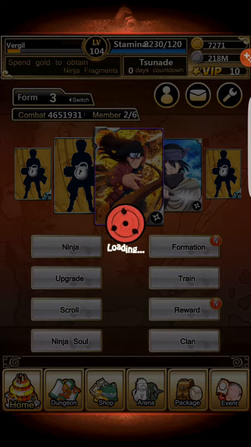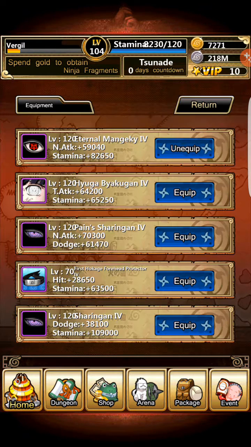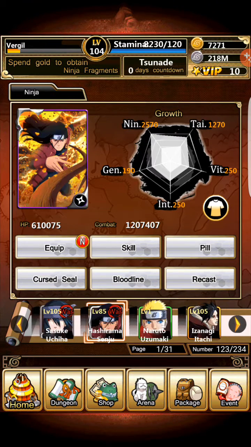this is my Sasuke Uchiha. This is him. This is his Indra Zero, Lightning Release Shadow Clone, Demon Lantern. This is all of his ninjutsu attack stuff. The two items that I absolutely need to have on him are the Eternal Mangekyo Tier 4 and the Sword of Kusanagi Sasuke. To give you an idea of just how powerful Sasuke is,